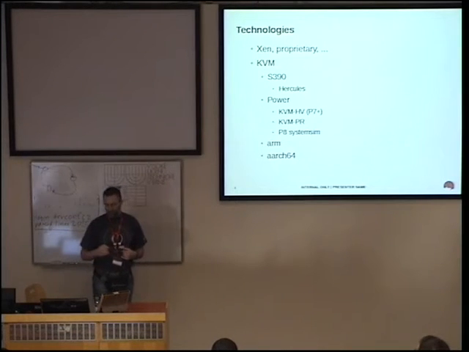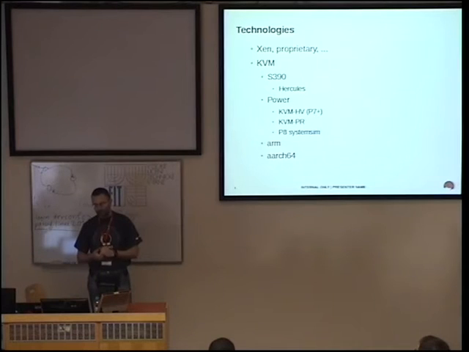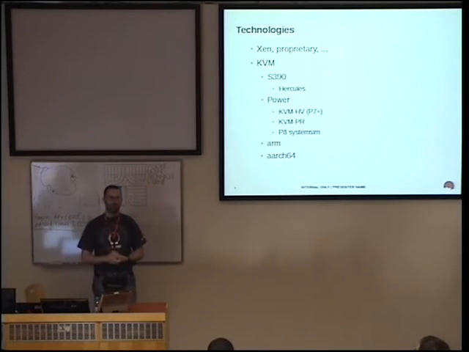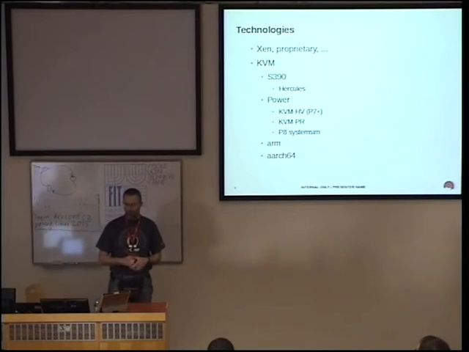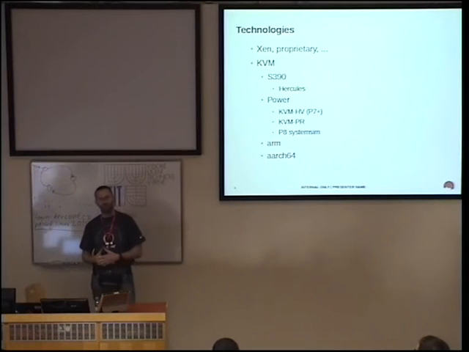It is supported on Power 7 and newer processors because it requires some features there, and also on the old ones, PowerPC 970 stuff, which were used in the Apple G5's